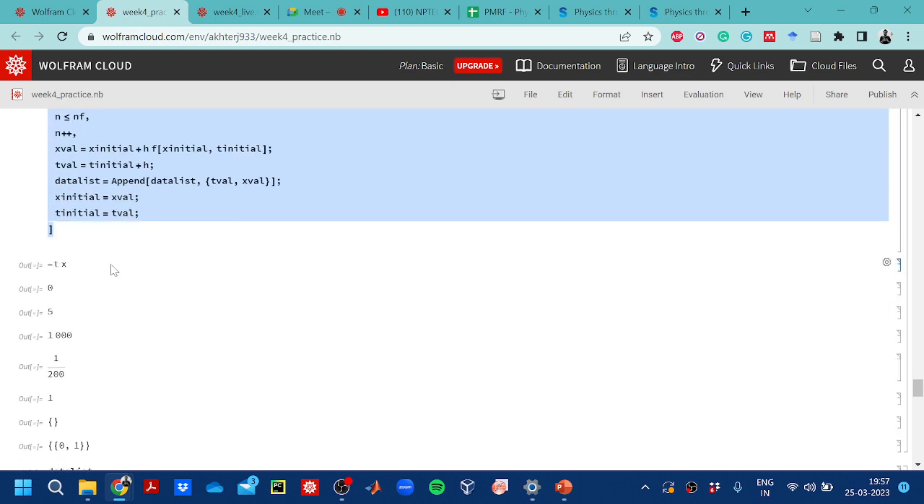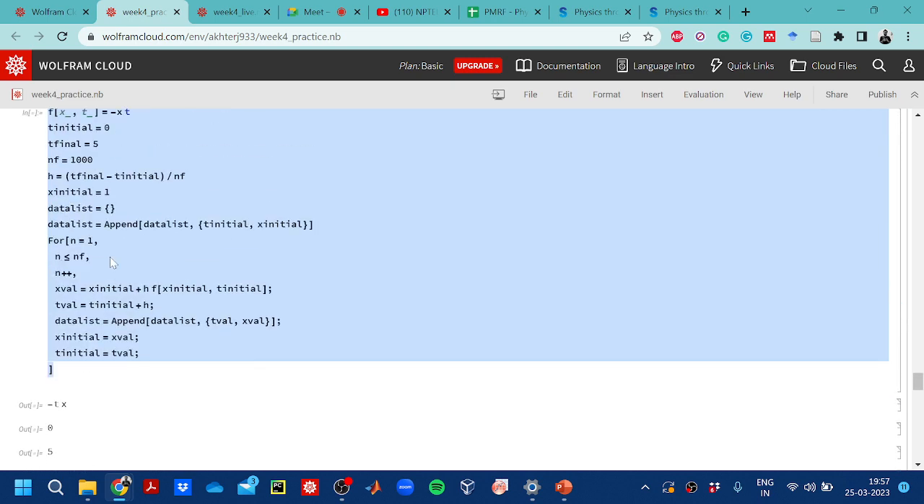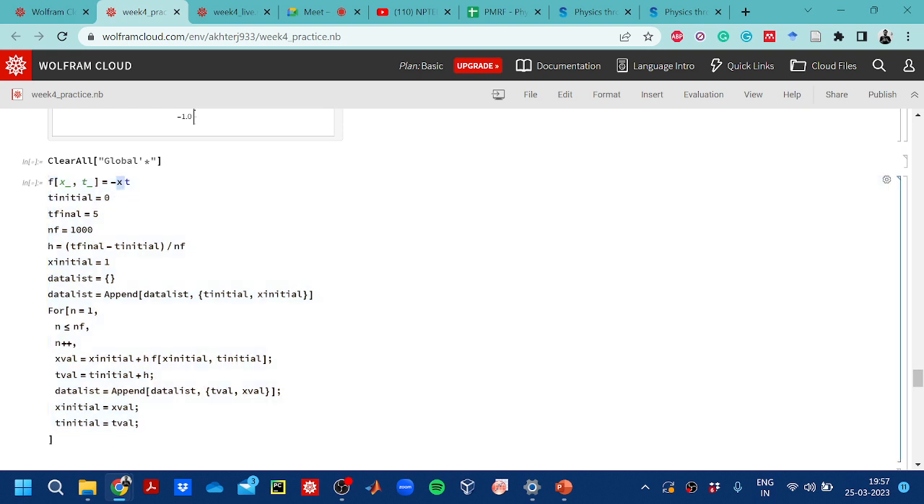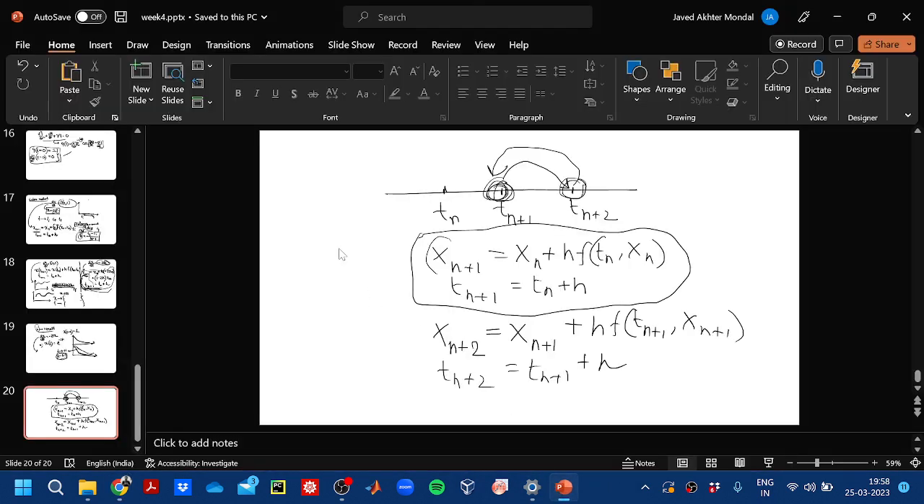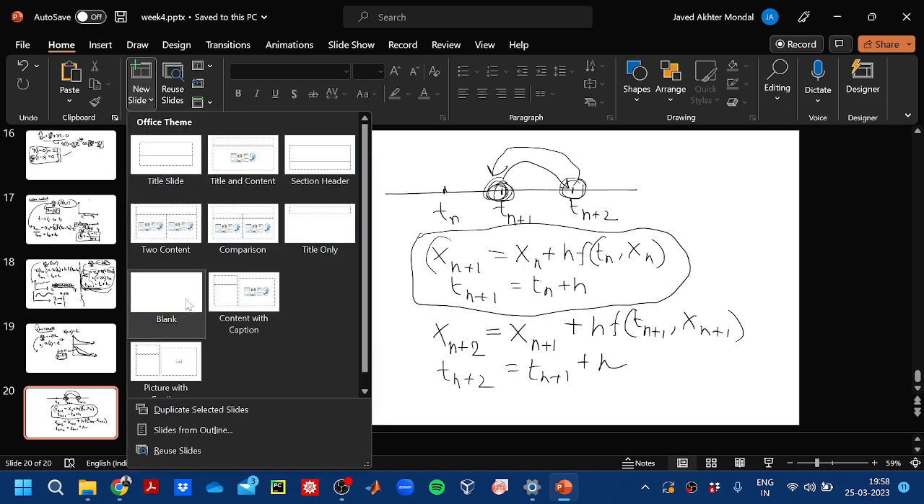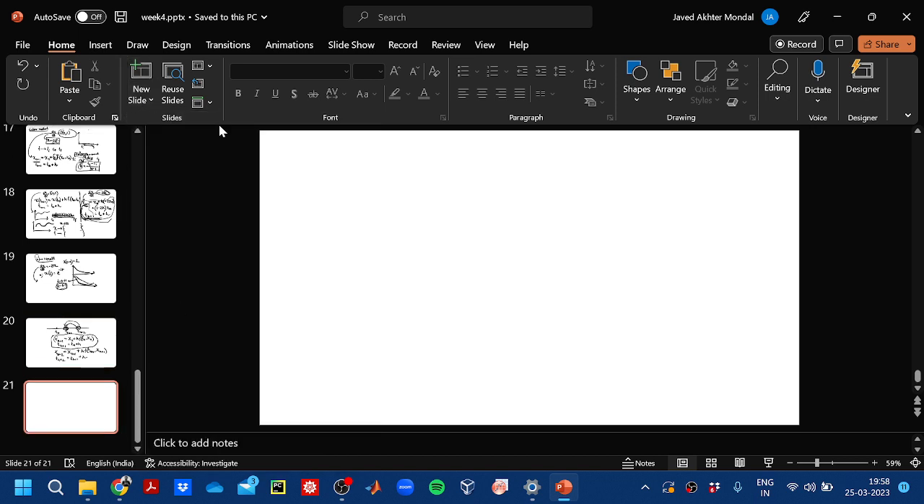So this is the same code. If we execute this, this is another function, dx/dt equals minus x t, and this is our given initial condition, x at t equals 0 is 1. So what is the equation for this? The equation for this is the following: dx/dt equals minus x times t, and our initial condition is this, at t equals 0 is